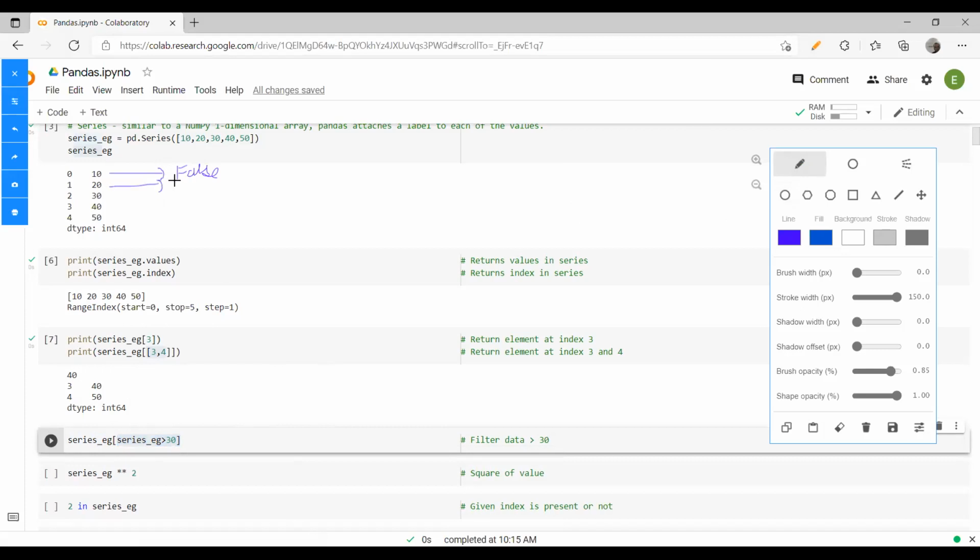This one, false. No, this one, false. It's greater than 30, not greater than or equal to, so false. And 40 and 50 will obviously be true. So if I just execute this piece of code,